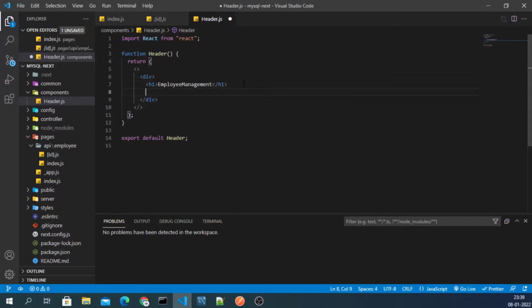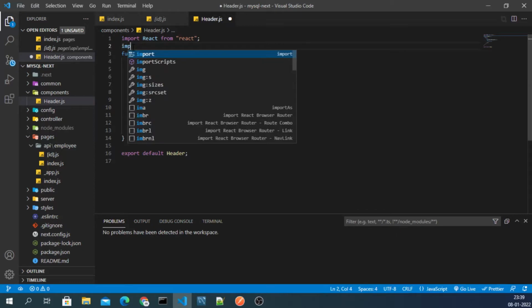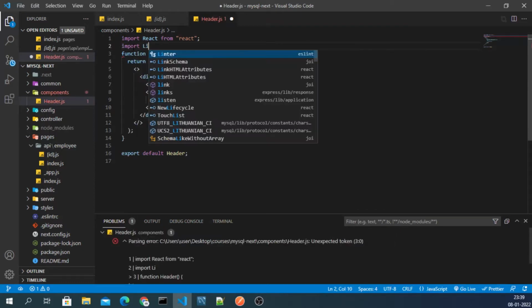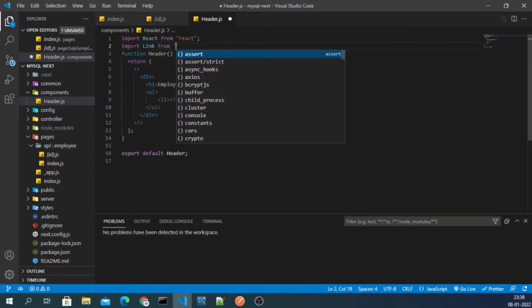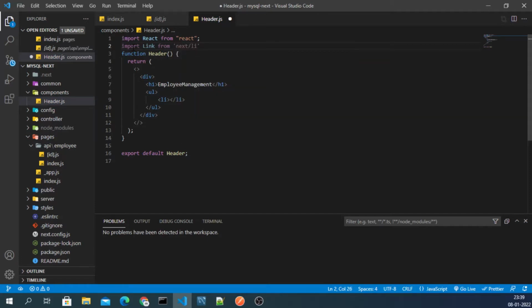we will need a UL tag, and inside the UL tag we will need a couple of li tags, and inside li we will define our link. So I will need Link from next, and then Link, right?